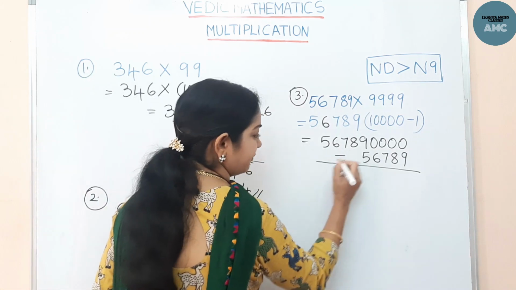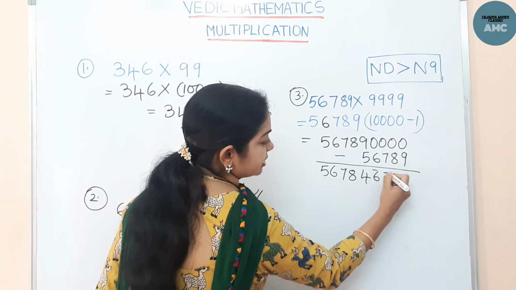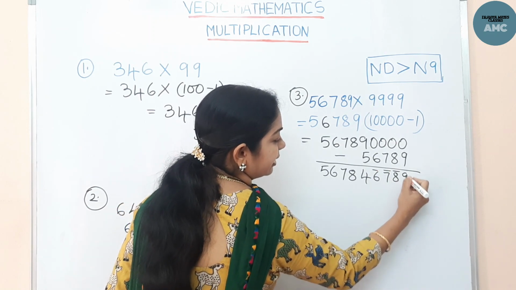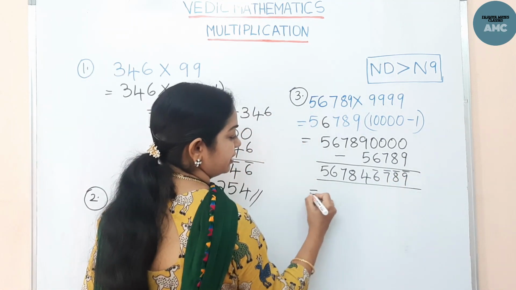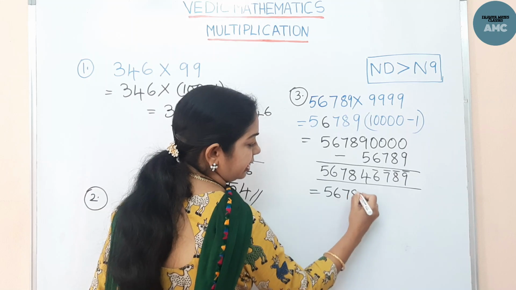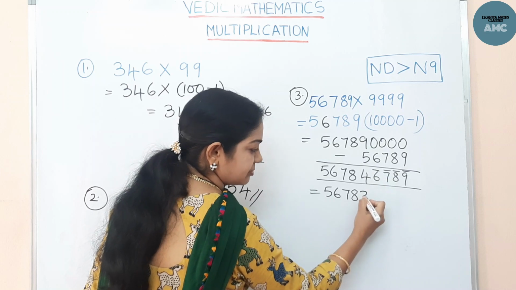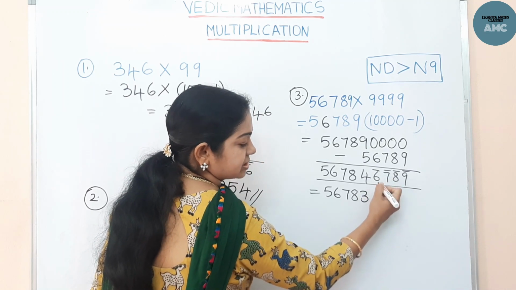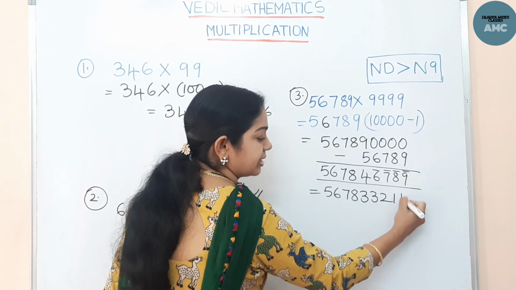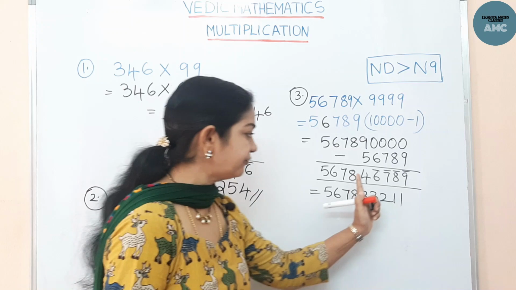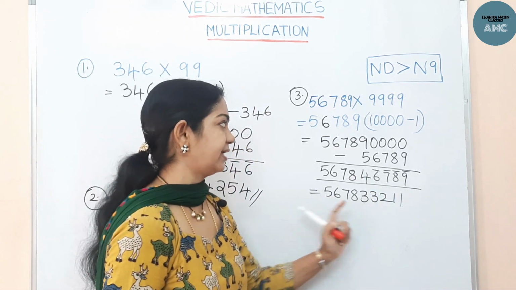Now let's start from left. 5, 6, 7, 8, here 4, 6 vinculum, 7 vinculum, 8 vinculum and 9 vinculum. Now if it is in the series, how do we get it? 5, 6, 7, 8, 1 decrease, Ekanunena Purvena, 1 decrease before the vinculum. So this comes to 3. 9 minus 6 is 3, 9 minus 7 is 2, 9 minus 8 is 1. Here 10 minus 9 is 1. So what we have done for the vinculum is we do all from 9, last from 10. So simply the answer is this.